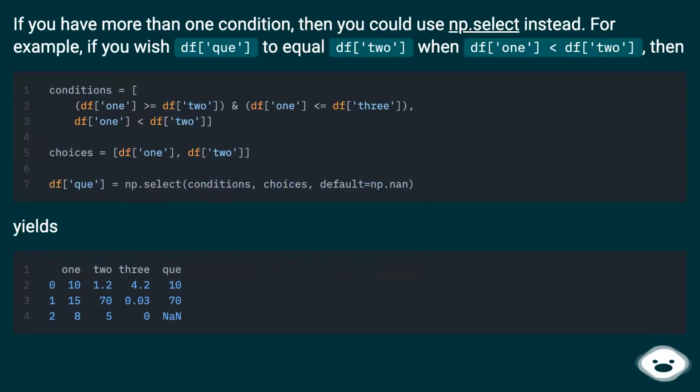If you have more than one condition, then you could use np.select instead. For example, if you wish dfk to equal df2 when df1 is lower than df2, then: yields: